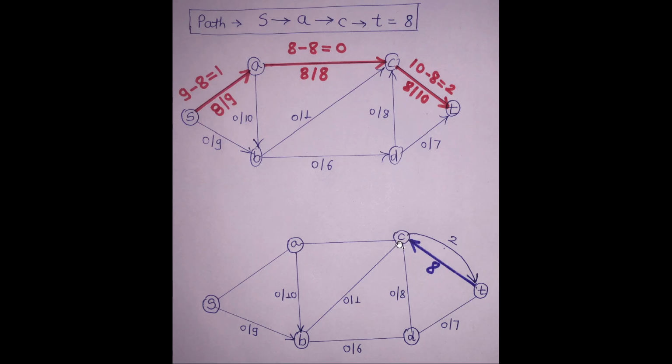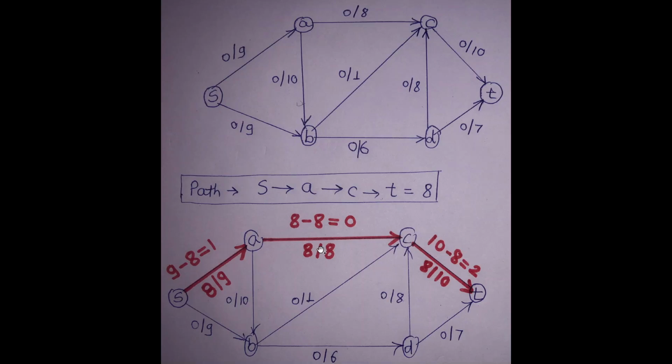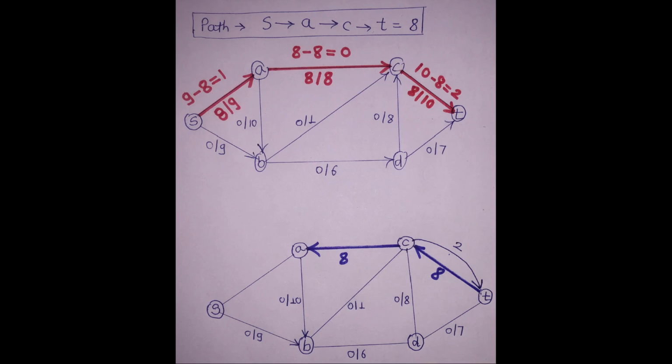Now we will shift from C to A. So look at here, C to A is full capacity. Why? Because the full forward capacity we have used, that's why there is no forward direction. It is completely zero in the forward direction. That's why I didn't mention a zero line over here, because it is not necessary to show the zero line. If there is some remaining, if the line is 9, then we have to show the remaining one over here. Just like here from A to S.